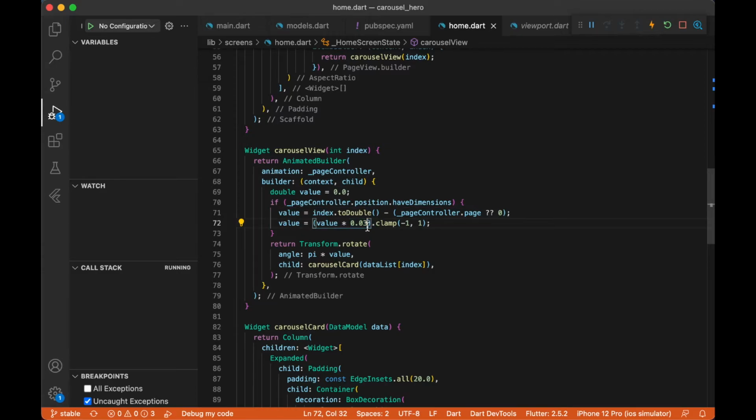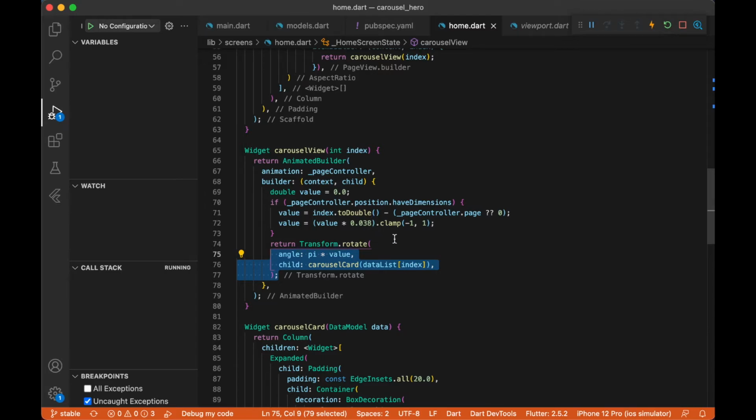The 0.03 number I have used because if you multiply 0.03 with 180, you will get 7. So that is what we want. We want 7 degrees, right? So actually 0.038 comes to something around 6.84. But yeah, you can use 0.038 as well. And then we clamp the result in this -1 to 1, and then this value is multiplied with pi to get our final angle, and then this will give us the